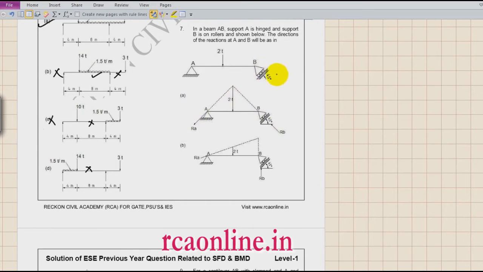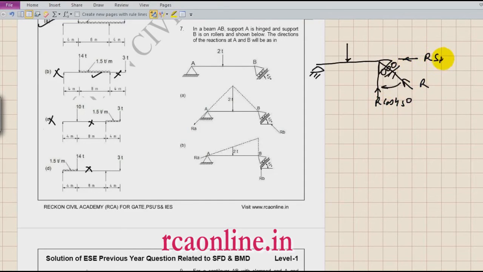Okay, now see this is a good question. I have done it in my notes also. So if you see, this is the roller with an inclination of 45 degree. Okay, and this is a vertical hinge. Now you have to find the direction of the reaction. So if you see, if this is my roller and this is my hinge, then what I will get? I will get a reaction perpendicular to the plane of the roller. So I will be having two components of this. If this is R, then this will be R cos 45 and this will be R sin 45.